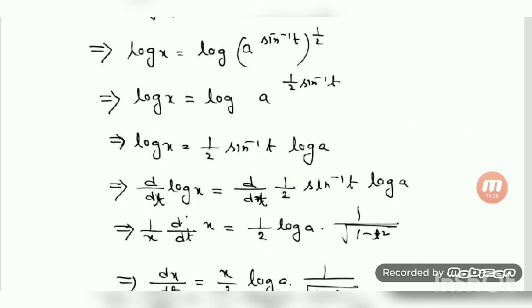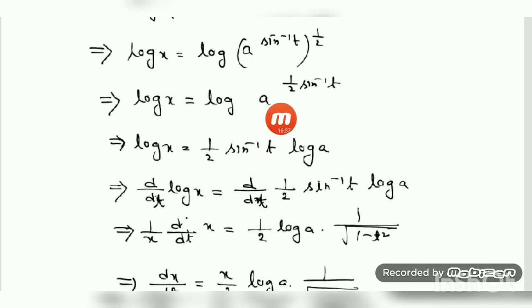So x equals under root of a to the power sin inverse of t. Since the power is a variable, take log on both sides. The root I just write down as a half, which is the power of a power, so you have to multiply. So log of x will be equal to log of a to the power half sin inverse of t. This is the power of a logarithmic function, so it will come as a product: half of sin inverse of t into log of a. Now simplification is done. Let us take the derivative now. Here the variable is t, so d/dt of log x is d/dt of half sin inverse t into log of a. This is 1 by x dx/dt, because you have to think of x as a function of t and take the derivative of x with respect to t.